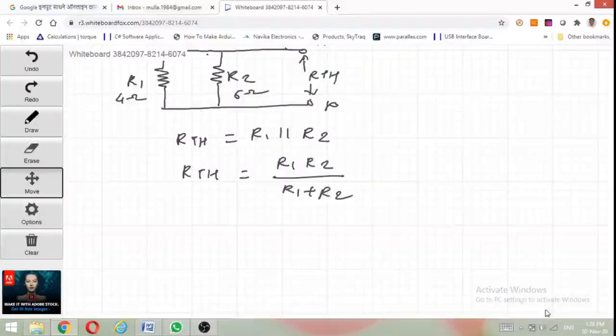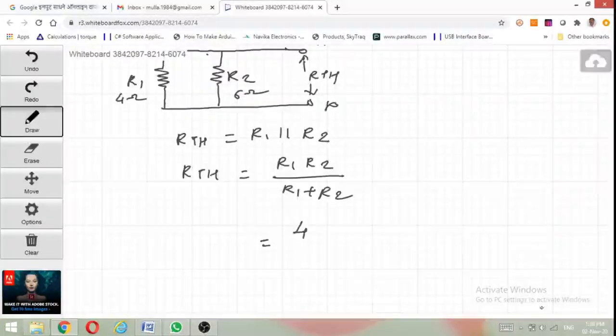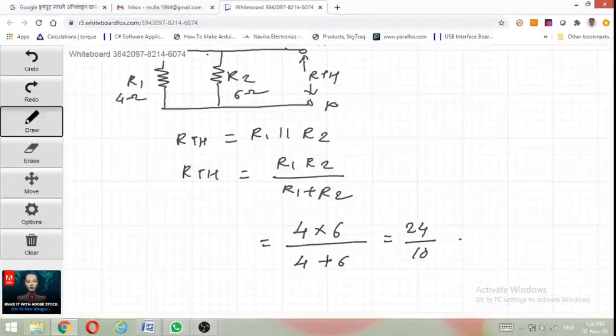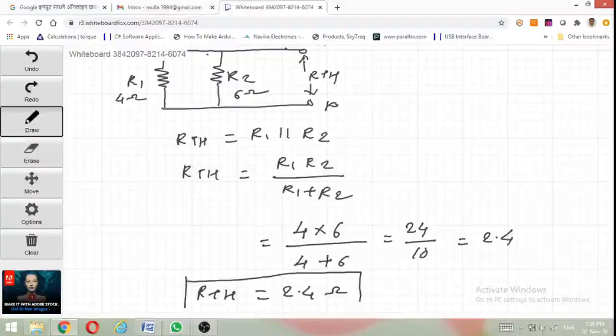Okay, then here the value of R1 is 4 ohm, R2 is 6 ohm, divided by 4 plus 6, which means 24 divided by 10, and its value is 2.4. So the final calculated value of RTH is 2.4 ohm. Okay, then